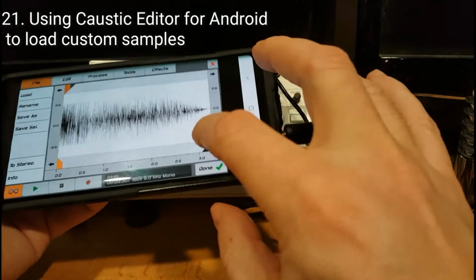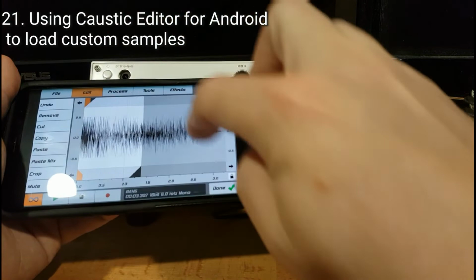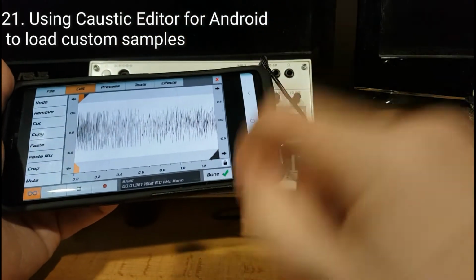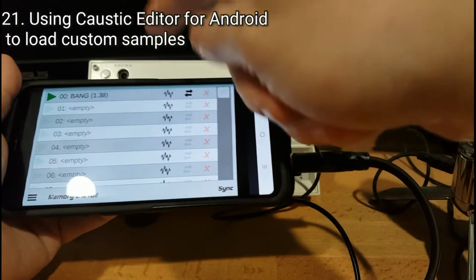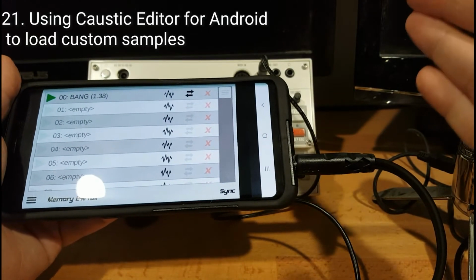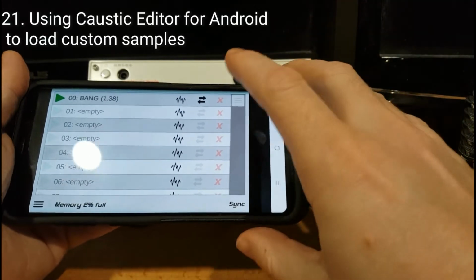If you just want half of it, you can select what you want to use, hit crop, and then bang, go ahead and use that. You want to chop off and minimize as much as you can, because you can only fit a minute of audio in 4 megabytes of data. So